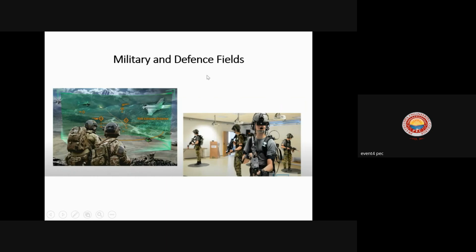And another very important application is the military and defense field, okay. This is very important, especially for the newly recruited soldiers. If they have to be trained, they need not be taken to an actual war field kind of scenario, right? They can be trained in simulated war field situations, and then assessed on how well they are able to respond to the kind of